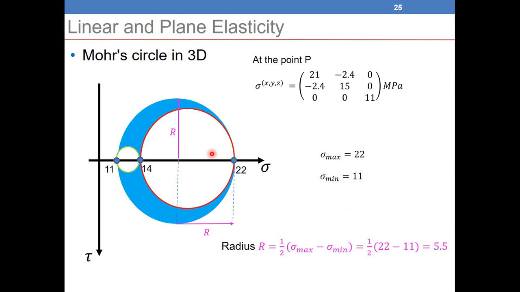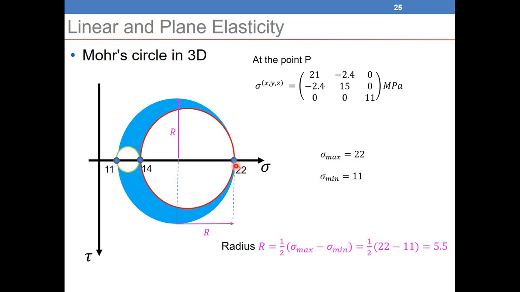So that we can calculate it. So it is always 1 over 2 times (sigma max minus sigma min). It's very clear that because we have the diameter between 11 and 22, we can find the radius. Now why is the radius important for us? Because as we can see here, the normal stress at any point P will be between